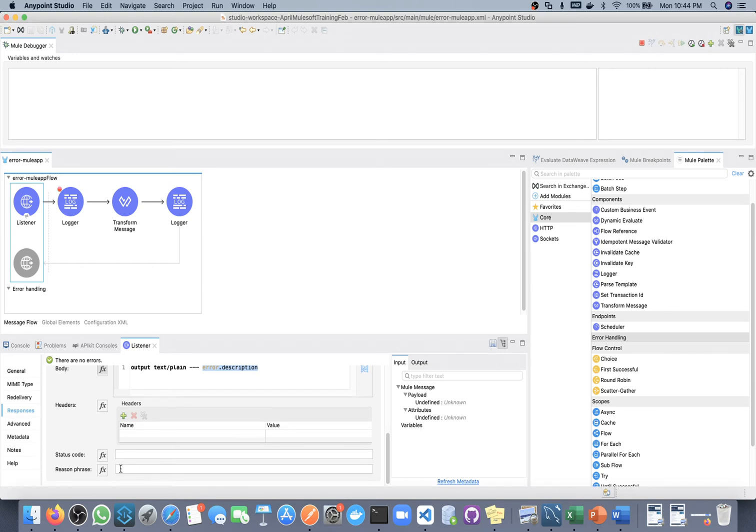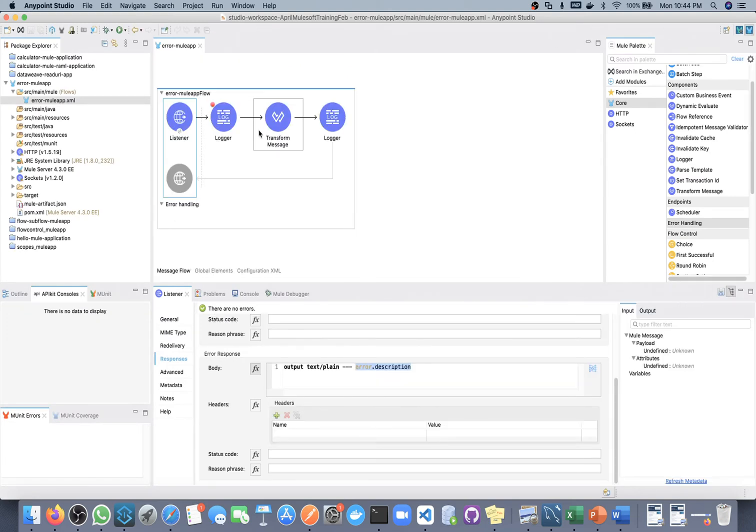Okay, so now what I will do, till this point we used the default error handler. Inside the default error handler there will be on error propagate by default. So let's start with on error propagate. Now we are not going to use the default error handler, we are going to define our own error handler. So how to define our own error handler?